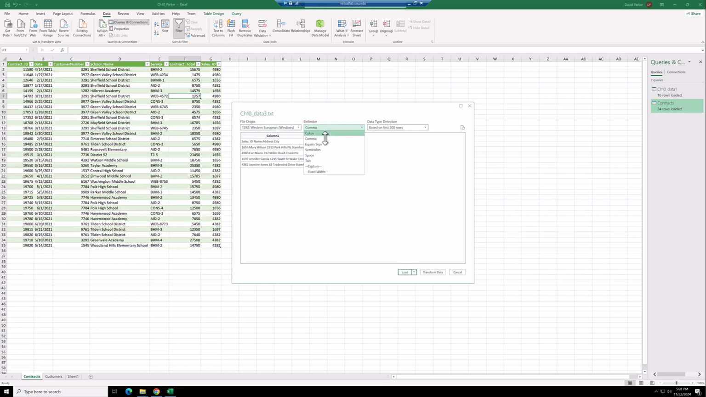So we're going to go comma and tab. Whenever they had a tab when they were writing, that will now become a new column. So we have sales ID, name, address, city, and state. Now this one, let's transform the data because we're not quite ready to bring this in